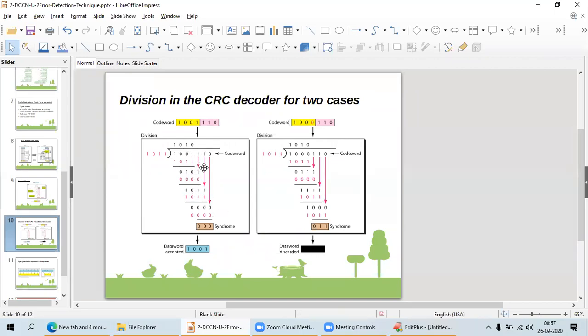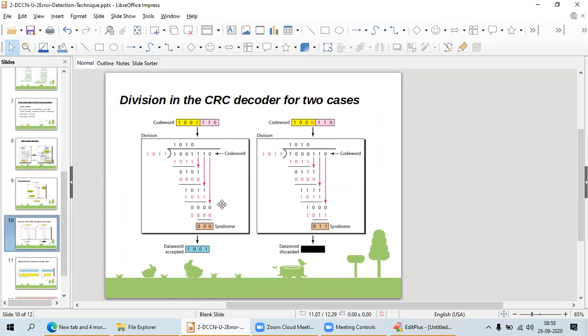Again I am shifting to the next bit. My result starts with 1, so I take 10 and divide with 1011. So I got three zeros. Again I take the last bit, that is four zeros.